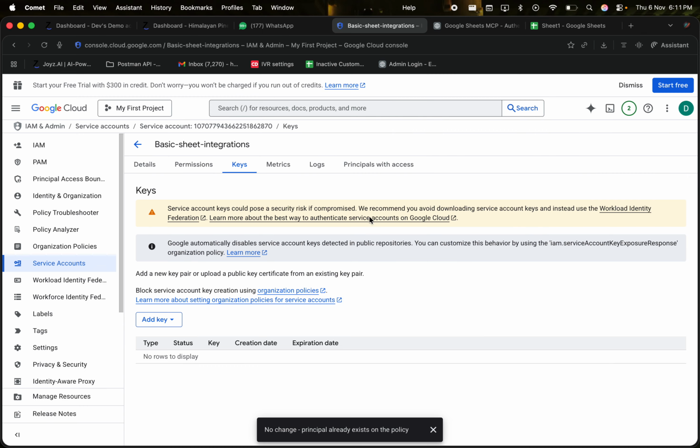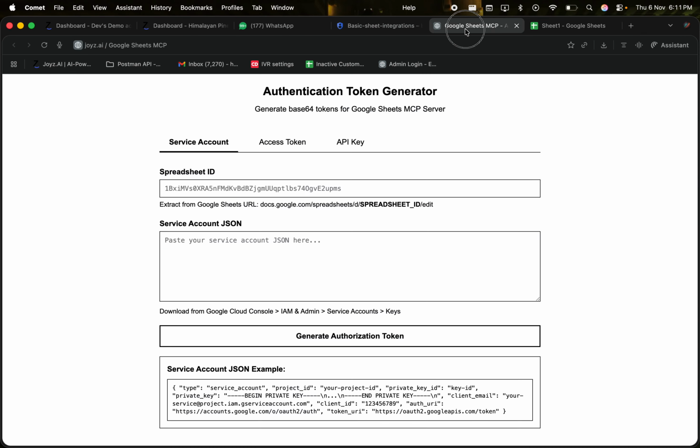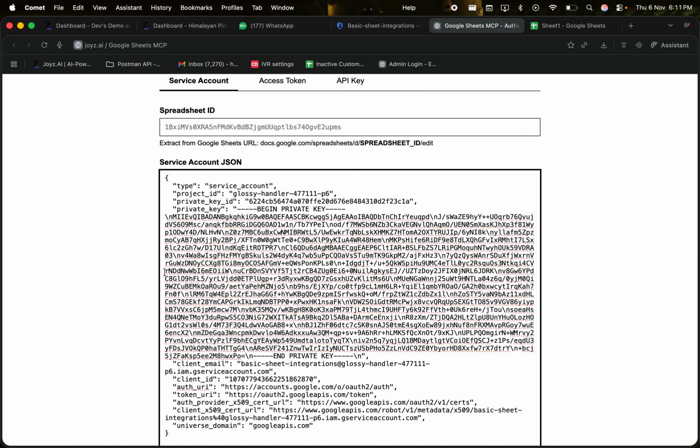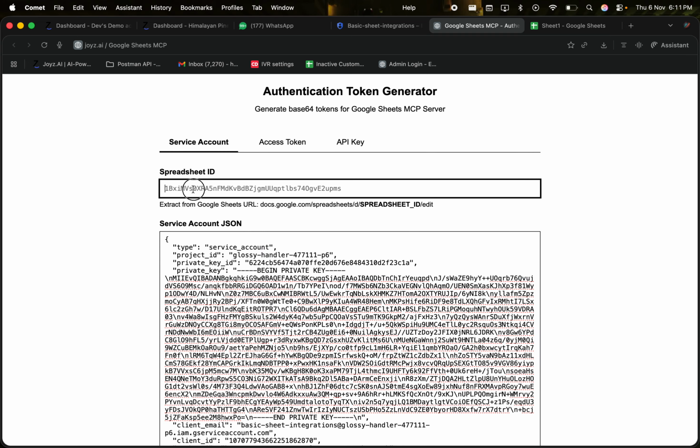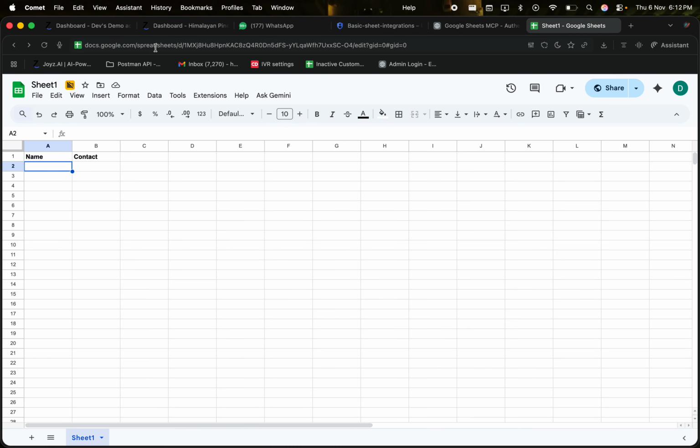Now what we will need to do is, from here, you'll get another link from my end. That would be this authentication token generator link. Paste your JSON here and just leave it as it is. We need one more thing, that is spreadsheet ID. How we will get the spreadsheet ID is going back to the sheet, selecting this, and in this you'll see this